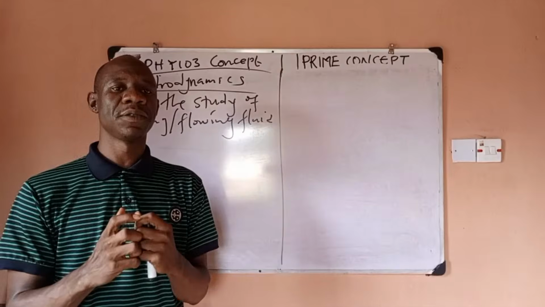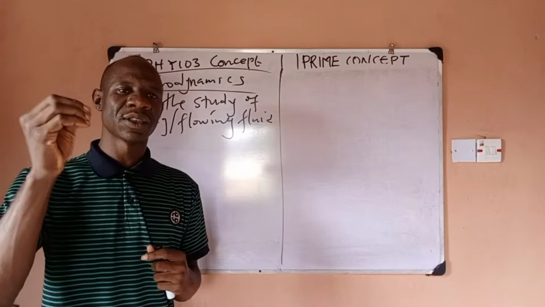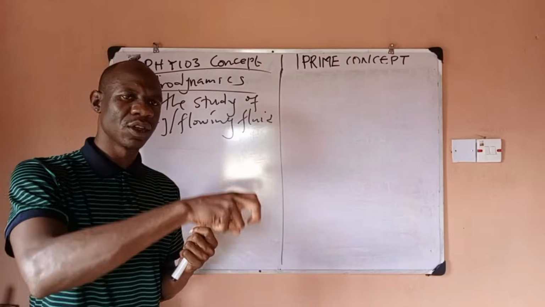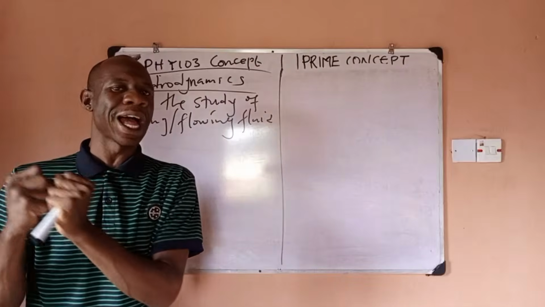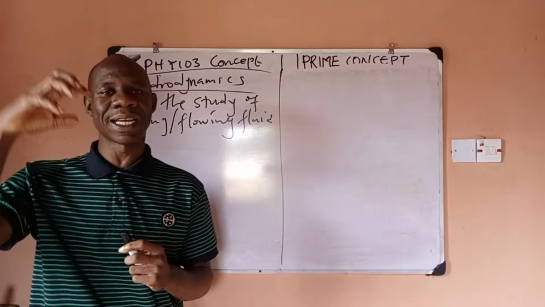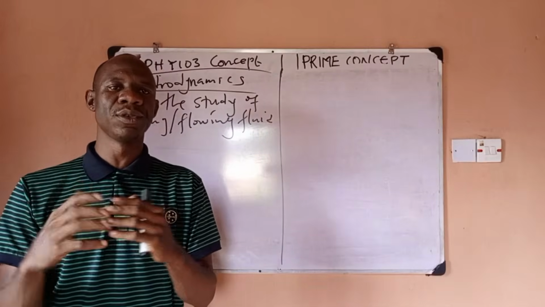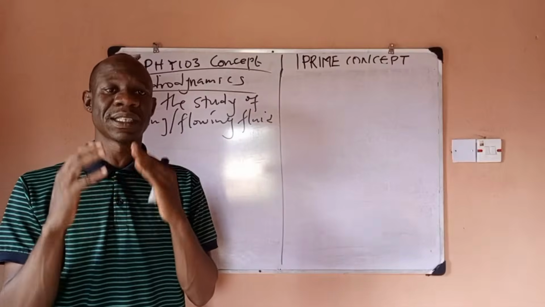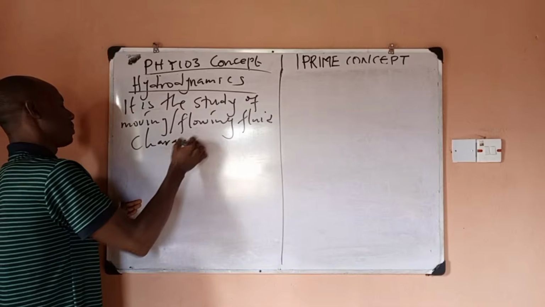Because of this, we're going to be looking at certain characteristics of fluids, and then we're going to pick out the characteristics that give us an ideal fluid. So what we'll be studying in this case is an ideal fluid. How do we know an ideal fluid? We're going to look at the characteristics that fluids can have. So, characteristics of fluid.